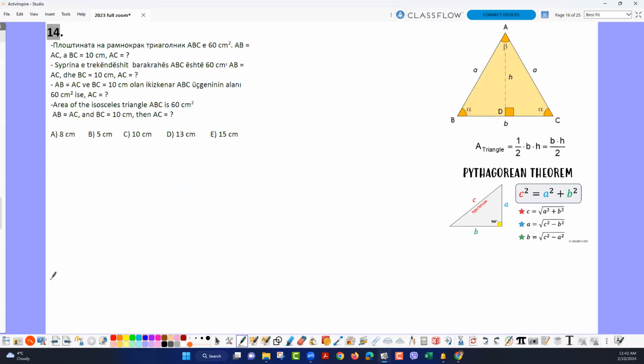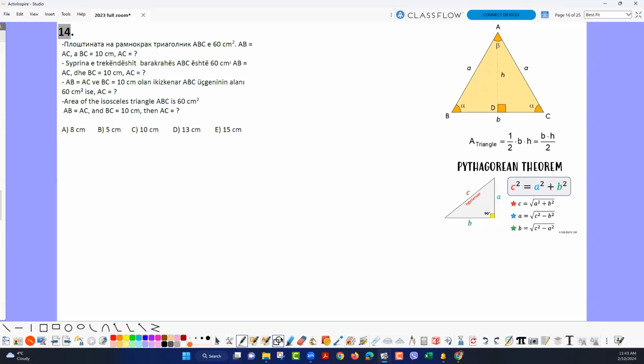The 14th question is about the Pythagorean theorem and the area of the triangle. This is the formula for the area of the triangle, but the question gives an isosceles triangle, so I wanted to show why the isosceles triangle is important here. The isosceles triangle is important for finding the altitude, because in an isosceles triangle, if I draw one isosceles triangle here,